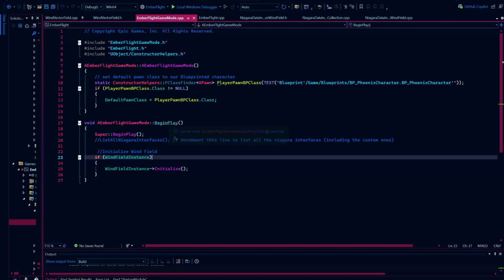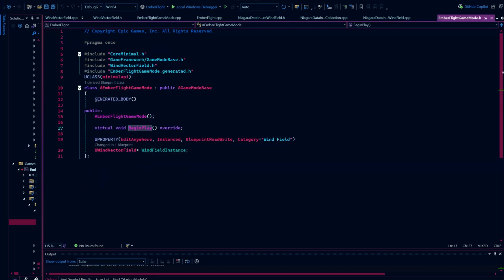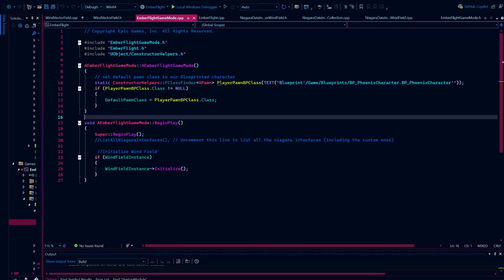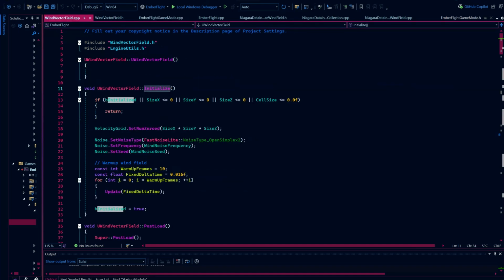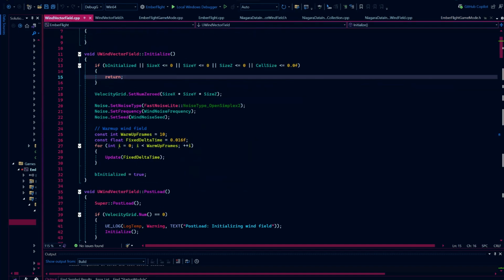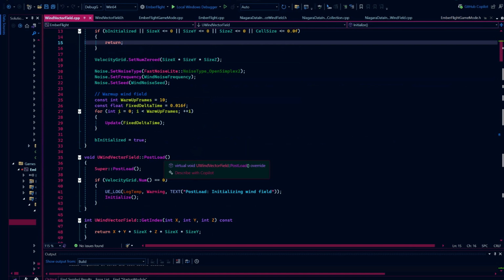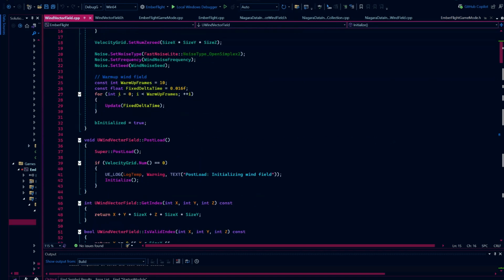This includes a pointer to the wind vector field instance. So as you can see, in the begin play, it initializes the wind vector field. This is the one that I just showed you. And just previously I told you about the post load function. The Niagara